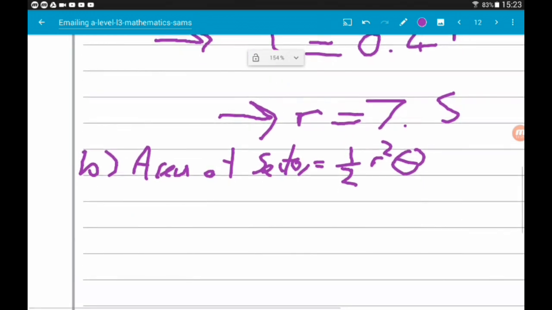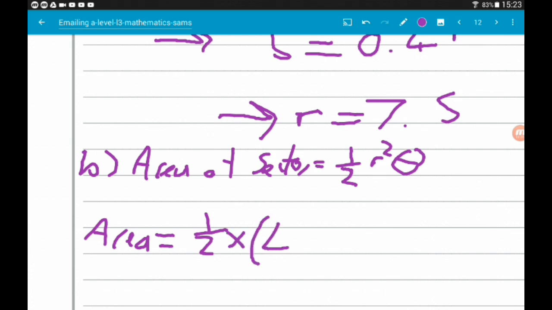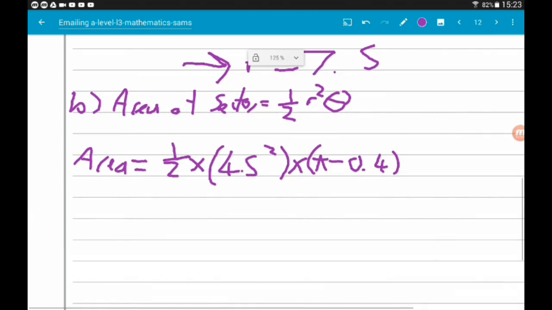So the area we want is 1/2 times 4.5 squared times pi minus 0.4. Chuck that into your calculator and we get 27.8